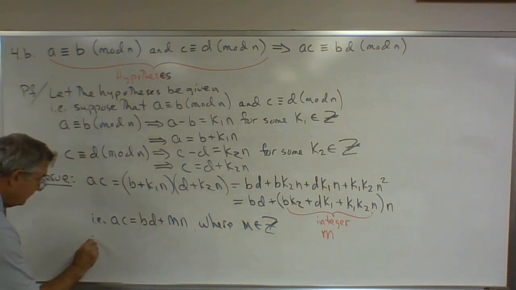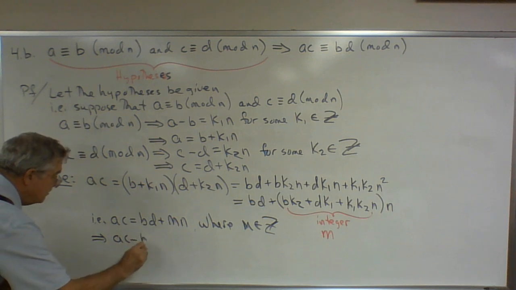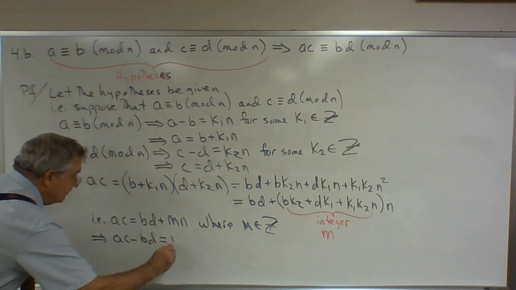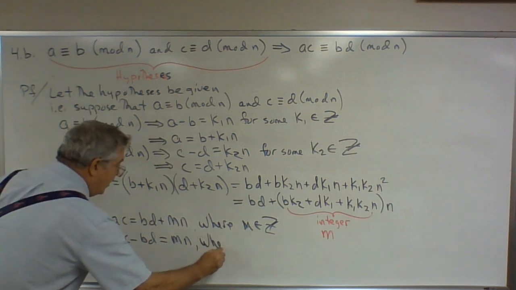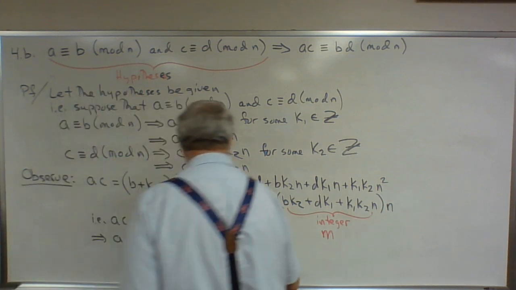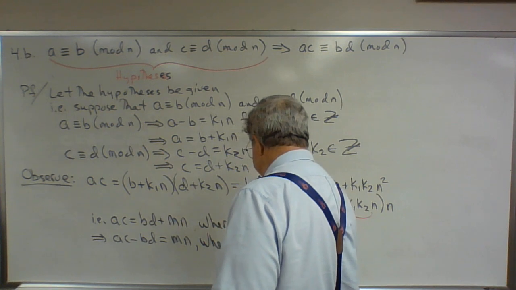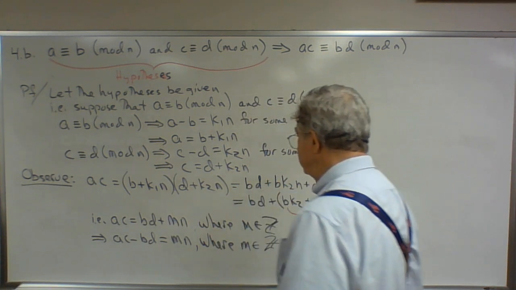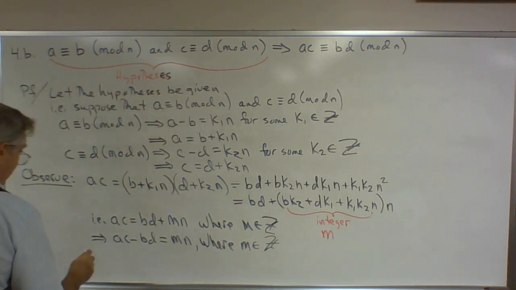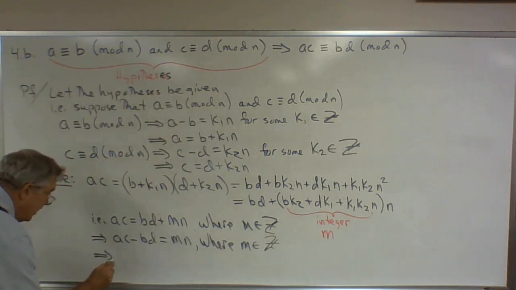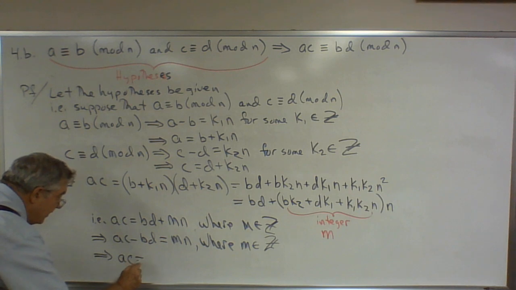So all I have to do is say AC minus BD is equal to MN, where M is an integer. And that means AC is congruent